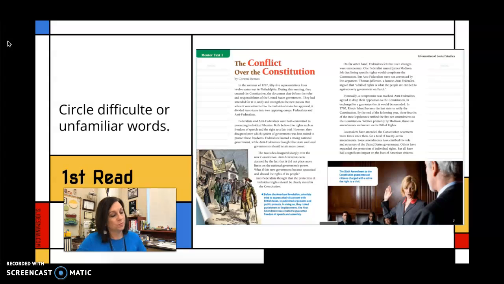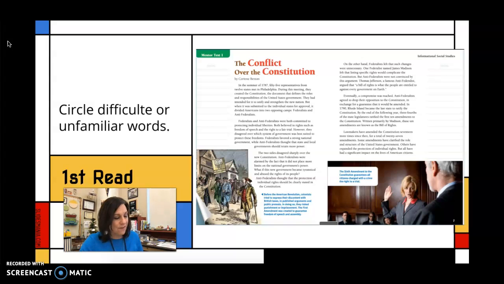Okay, here we go. In the summer of 1787, 55 representatives from 12 states met in Philadelphia. During this meeting, they created the Constitution, the document that defines the roles and responsibilities of the United States government. They had intended for it to unify and strengthen the new nation. But when it was submitted to the individual states for approval, it divided Americans into two opposing camps, Federalists and